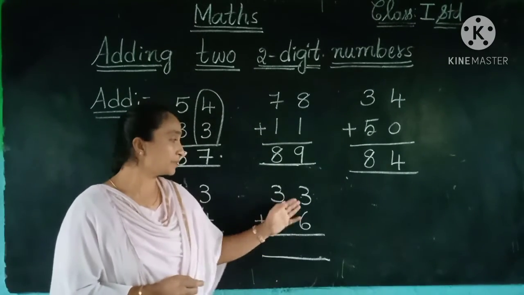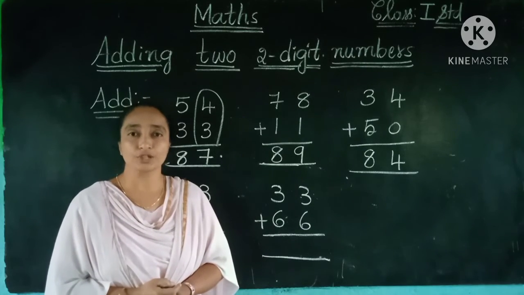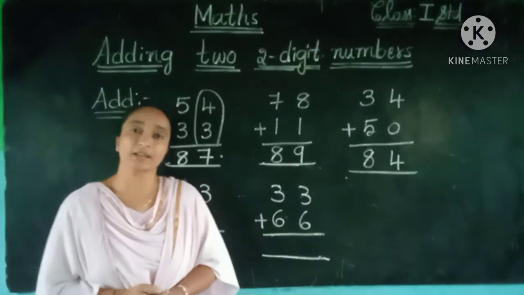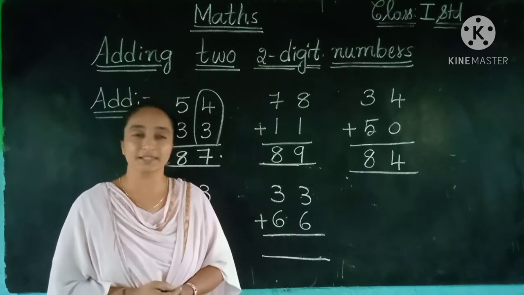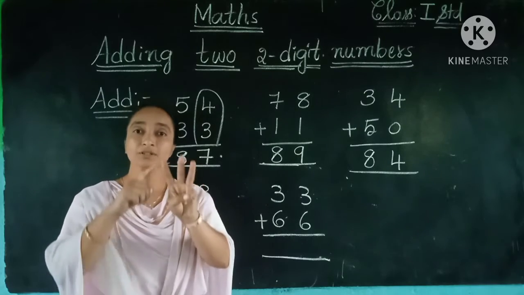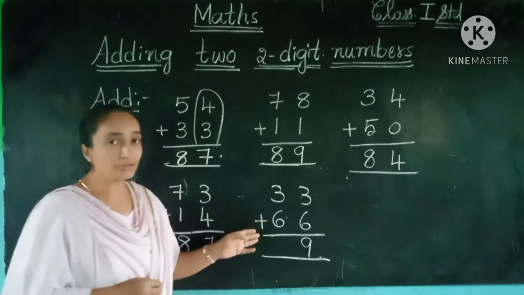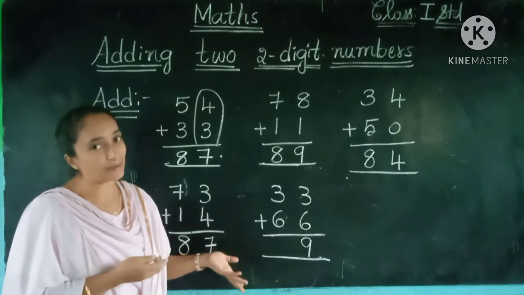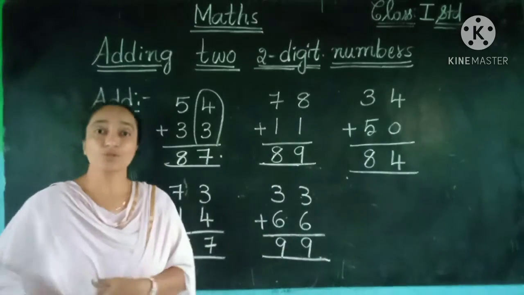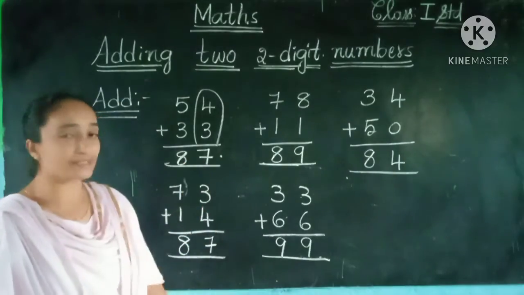Now here both have the same numbers. That means 3 plus 6 and 3 plus 6. No need to worry. The same number is there also, no need to worry. So just we have to do one number. If you do the calculation, you will get the same answer for the second number also. It's very easy, isn't it? Now 3 plus 6, the ones place. So 3, 6 after, 7, 8, 9. Now here also the tens place, 3 plus 6. So the same number, we will get 9. See, so easily we got these calculations, isn't it? So here we have completed these examples.